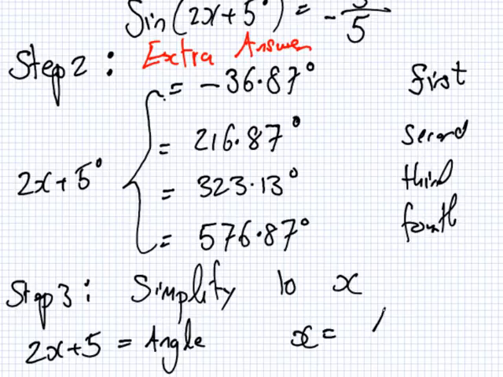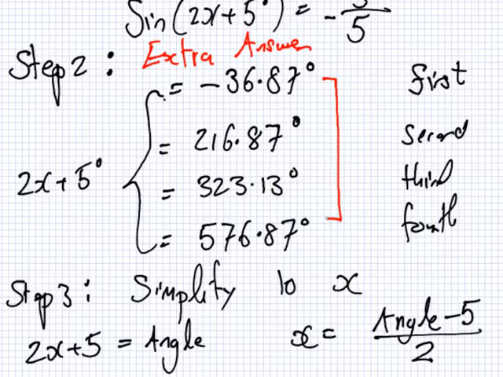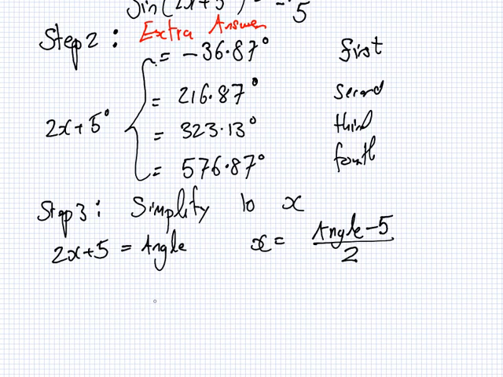It would be the angle minus 5 divided by 2. So if I take these 4 angles, minus 5, and divide by 2, I get the 4 x's. So I have x equals, and here are the 4